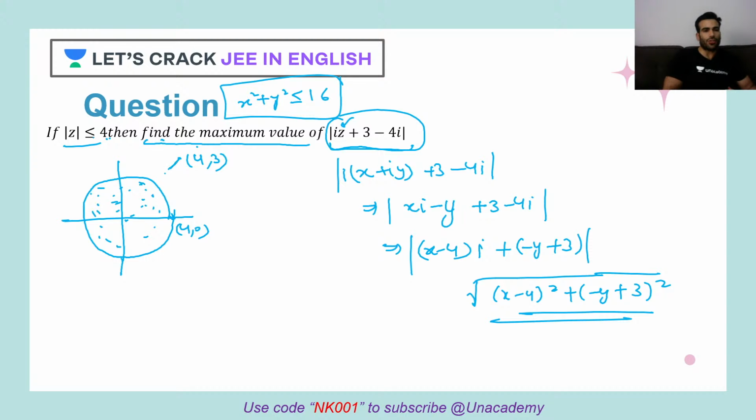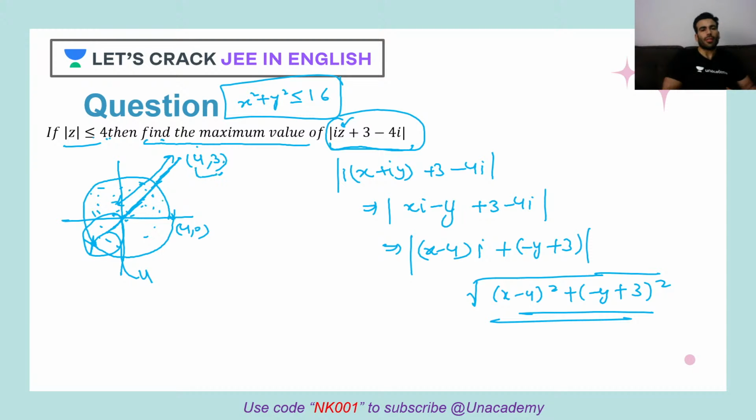Let's say if I join this point, if I draw the normal, that will obviously pass through the center, and this diametrically opposite point will be at the maximum distance from (4, 3), right? So instead of calculating this point's coordinates and then finding the distance, I can calculate only this distance, and the rest I already know. This is the radius. What is it? It is 4. So let's calculate this distance.